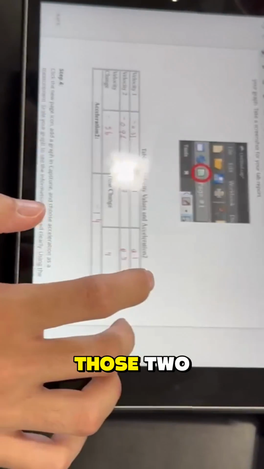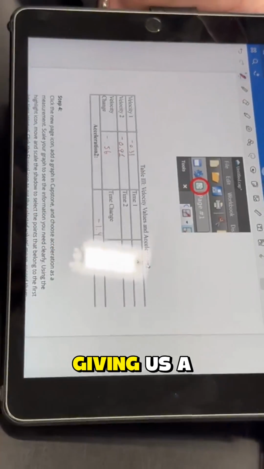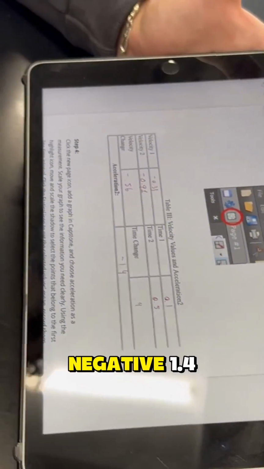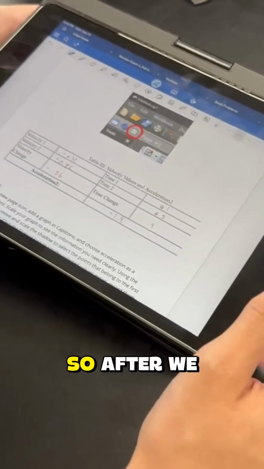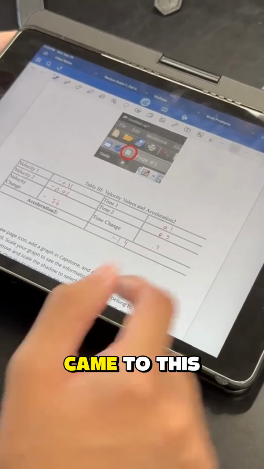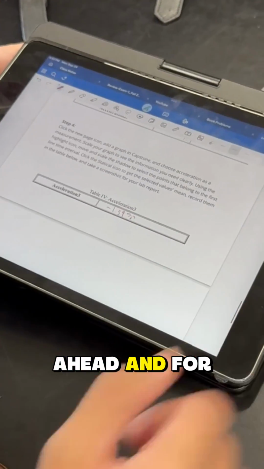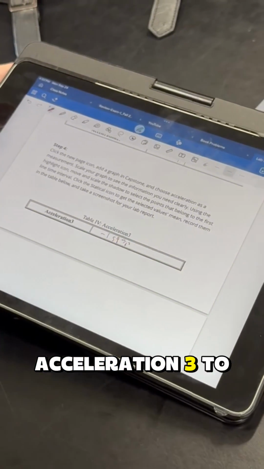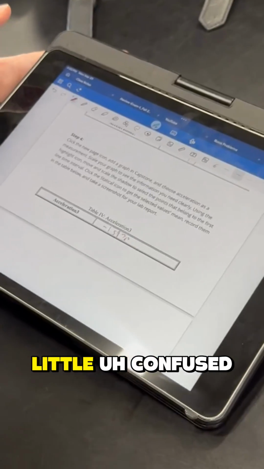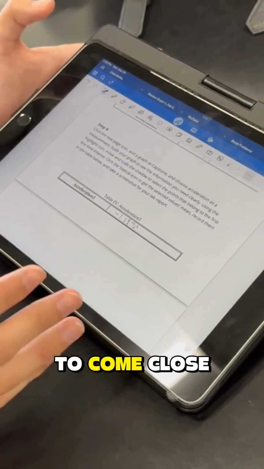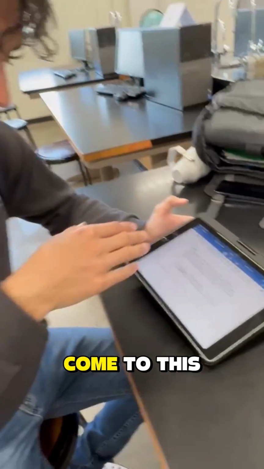So combining those two, we got a difference of 0.4, giving us a total acceleration of negative 1.4 for our second acceleration using Capstone itself. So after we came to this conclusion of this acceleration, we went ahead, and for acceleration 3, to be quite honest, we were a little confused as to how to come